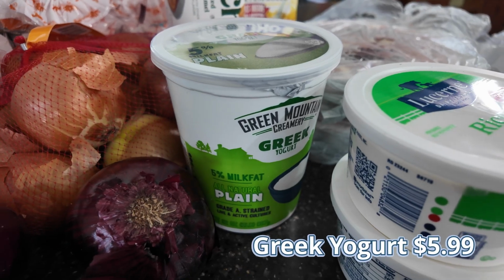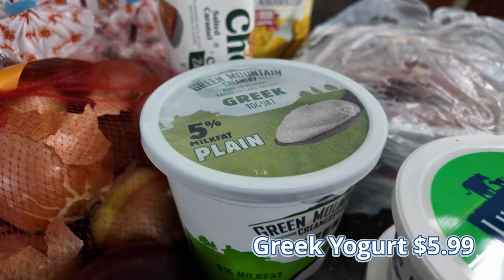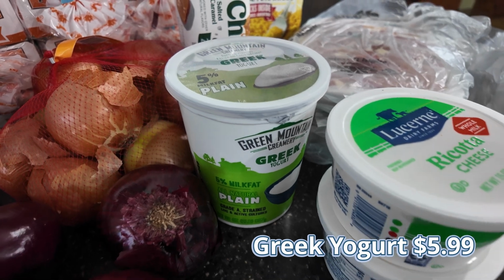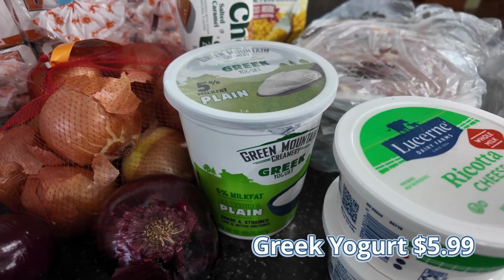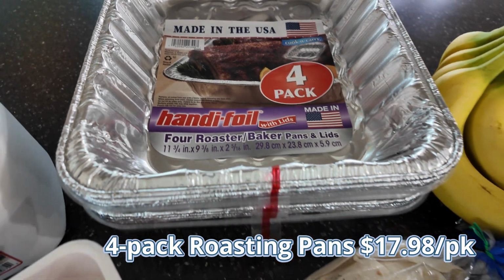This Greek yogurt, I got that so that I could make some high-protein pancakes for my sister-in-law. I'm thinking sheet pancakes because it's just easy and you can do a bunch all at once. This 2-count of 4 packs of these little roasting pans,